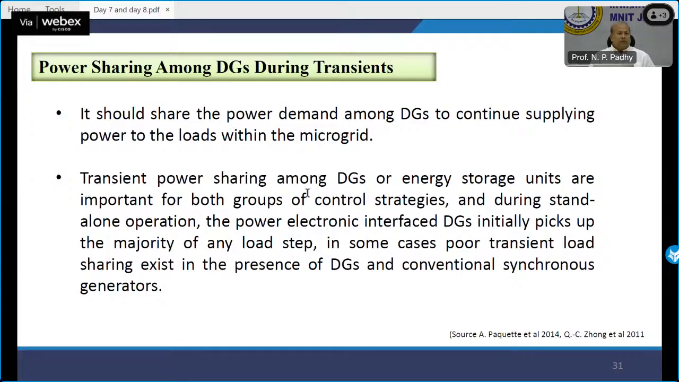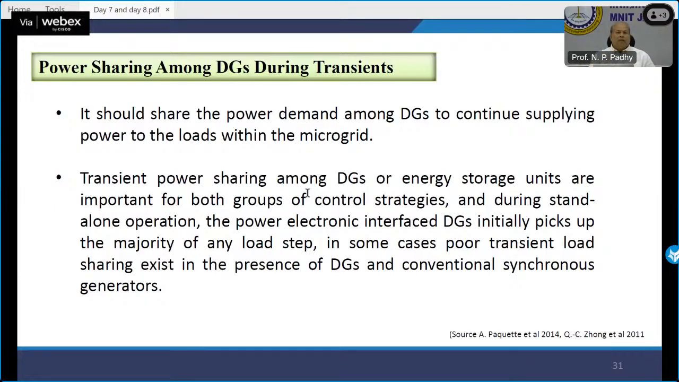Okay, so suddenly the switch is disconnected and immediately you want power to be shared. So it should share the power demand among DGs to continue supplying power to the loads within the microgrid. Transient power sharing among DGs or energy storage units is important for both groups of control strategies. And during standalone operation, the power electronic interface DGs initially pick up the majority of any load step, whatever the changes,